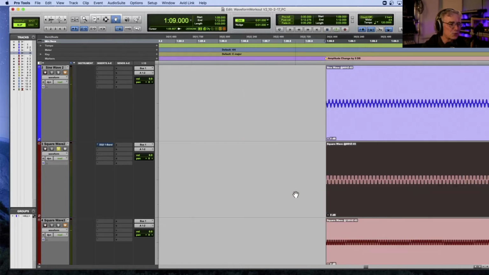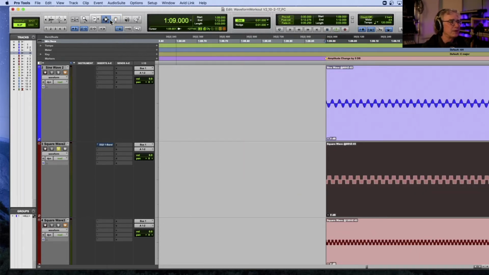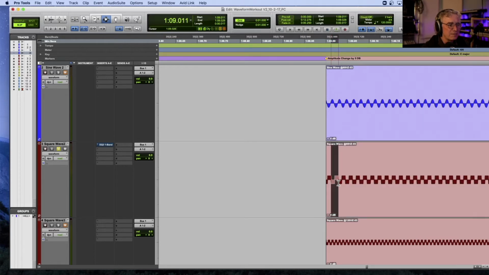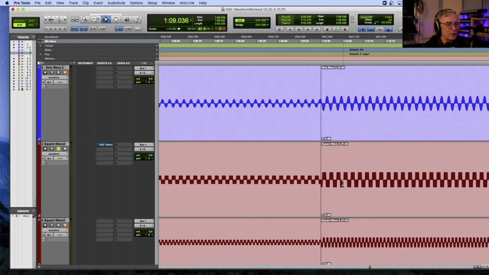Right? The distance in the cycle doesn't change. It's still this. This is still one cycle. That is 0.26. If I go to the louder place and do the same thing,